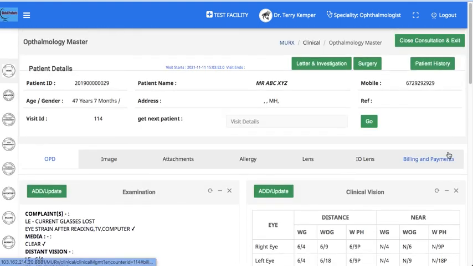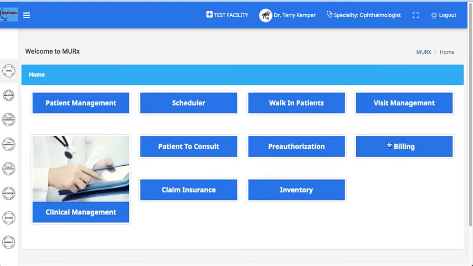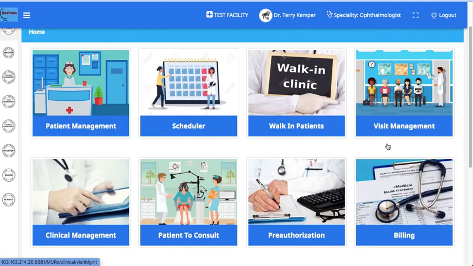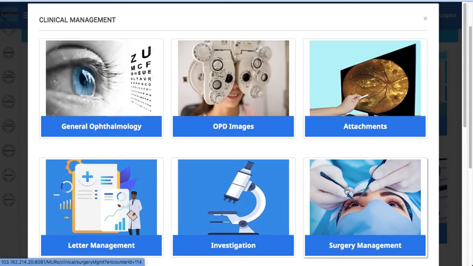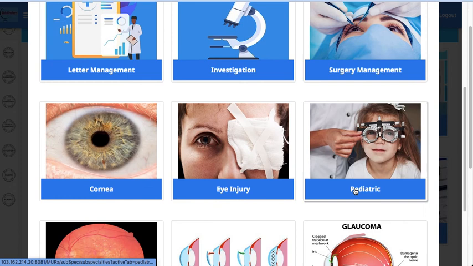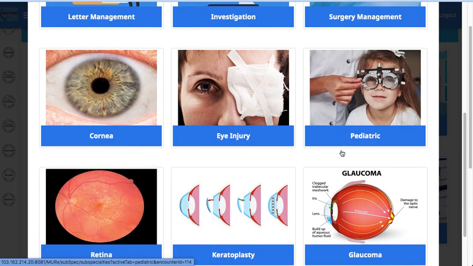This was the general ophthalmology module. And MURX has subspecialties such as cornea, eye injury, pediatric, retina, keratoplasty, and glaucoma.